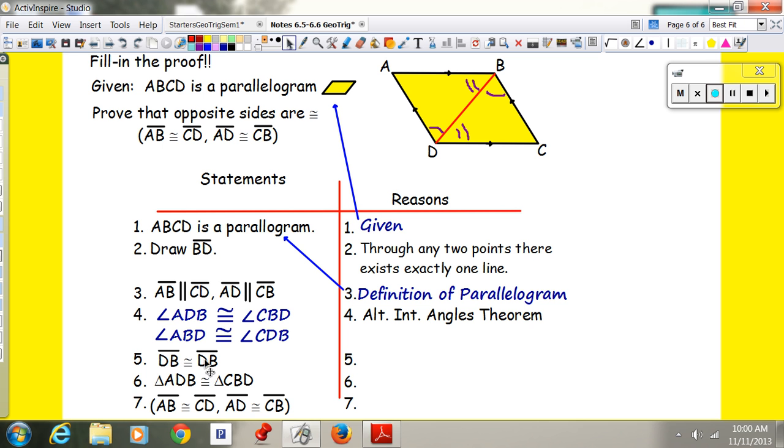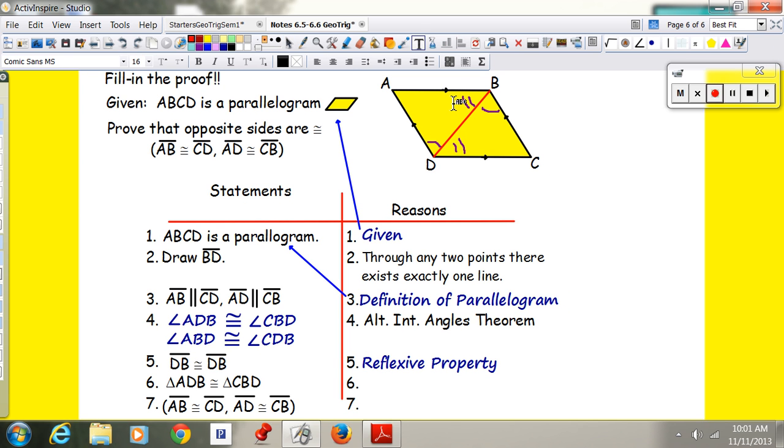Now, DB is congruent to itself. That's step 5. DB is congruent to itself, and that's our reflexive property. So that would be reflexive. Now I can prove that these are congruent because I can put an A right there, that angle, and I can put an S right here because we have that side, and I can put another,